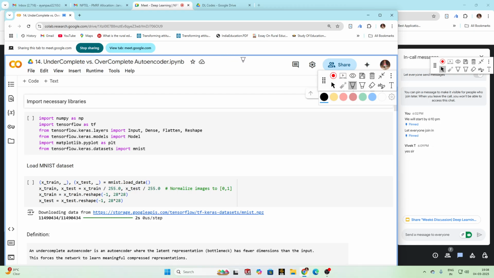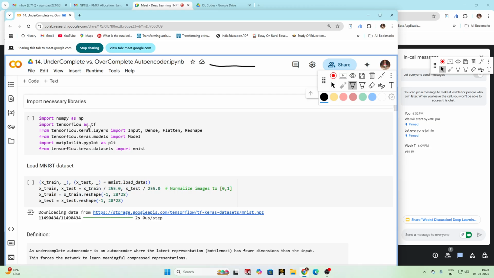There is an option here written, as I am showing in my drive only, so there is no option for me, but for you there will be an option here that is copy to drive. So you copy the code to your drive and you run each cell one by one and you will see the results. In any code, what is important is, first we import the necessary libraries.